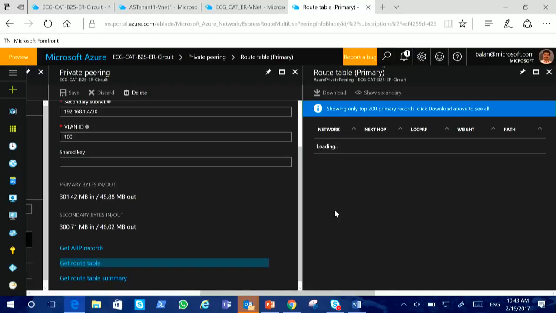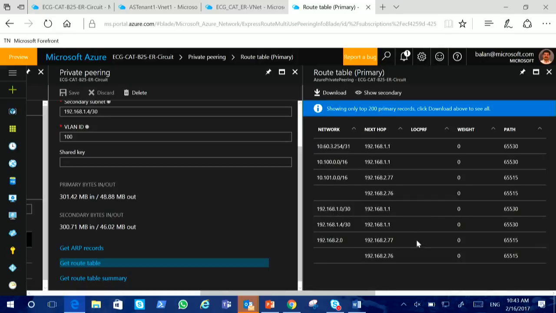So it's going to take some time to populate these things. While this took some time, okay, another thing I wanted to show you is this is my on-prem range, and it says to reach your on-prem IP range, this is my IP range. It says the next hop is 1.1. 1.1 is the on-prem end of the Azure ER router, right?